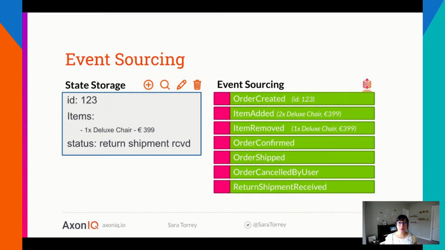Now, if you really wanted to, you can go back and do some monitoring and put some metrics in there and see how often does this happen, for example. How often do people put two or more items in their cart and then remove some of them, and why is that? Is it maybe just a dysfunctionality on the UI side that somehow creates two chairs right off the bat?